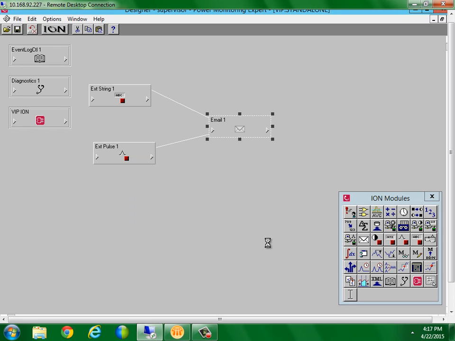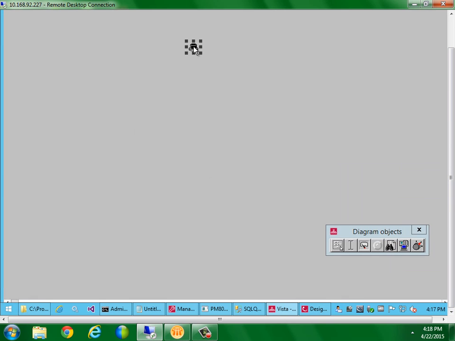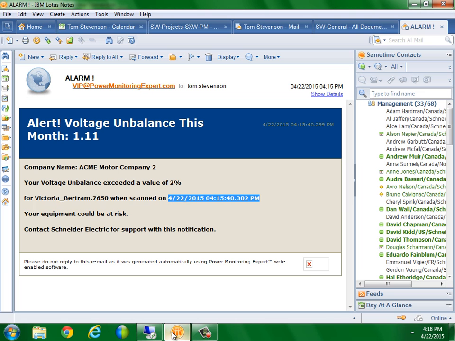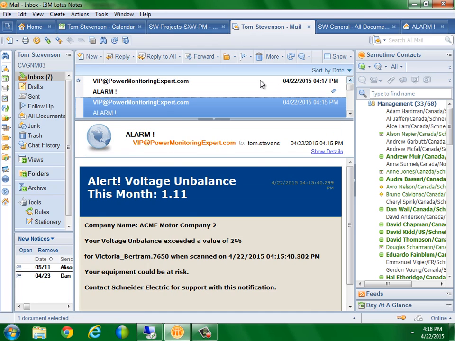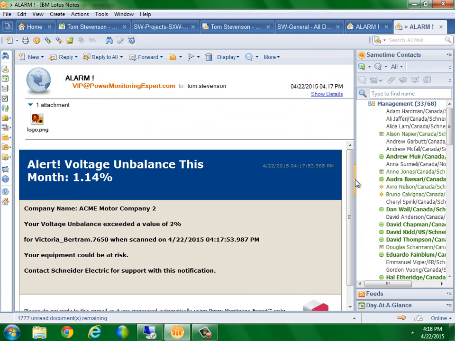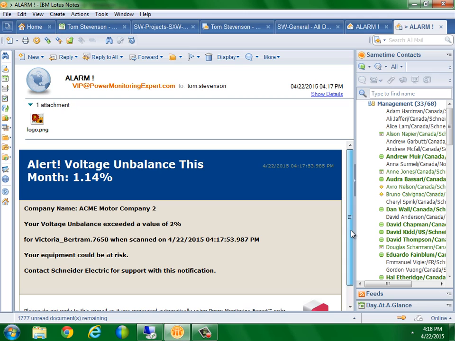So with that reference, and I send another email, now I have my power monitoring expert logo in the corner. So we have our formatted